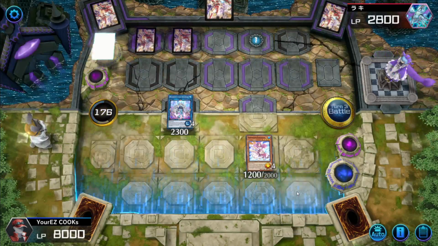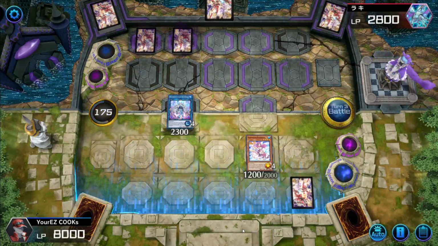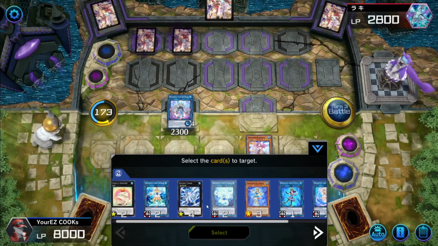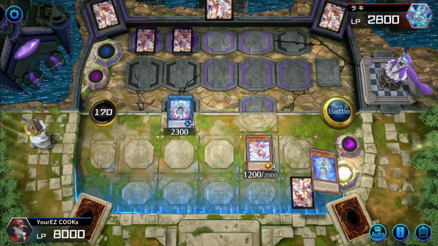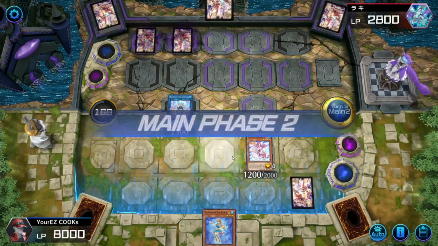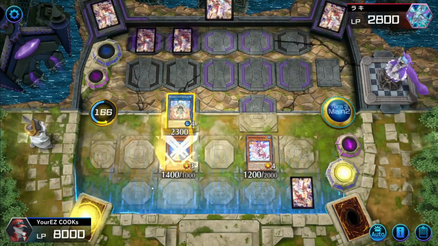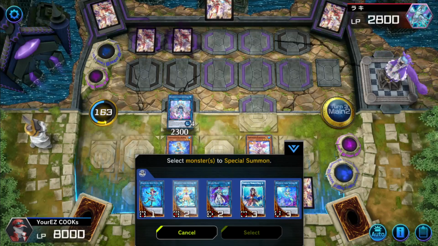The good thing about Dogmatica punishment, right, is we can always use this for later. So at this point, let's take ourselves the Sea Horse. Let's add this to our hand. Now we can activate Sea Horse. And then from Sea Horse, we can go into...